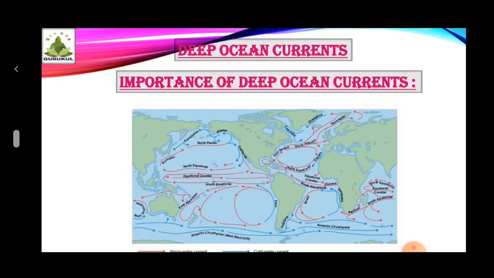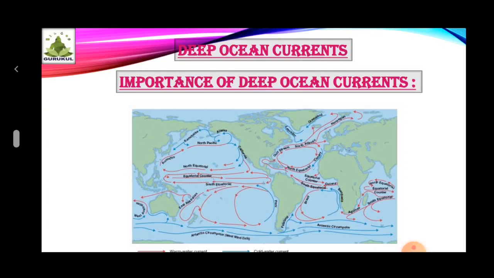Generally, the surface water near Greenland and Europe moves to greater depths, and this water moves to Antarctica at these depths. Later, the water moves to the surface, and thus the redistribution of the ocean water keeps occurring, and this redistribution takes around 500 years to complete. So this is the type of movement which is also known as a conveyor belt.